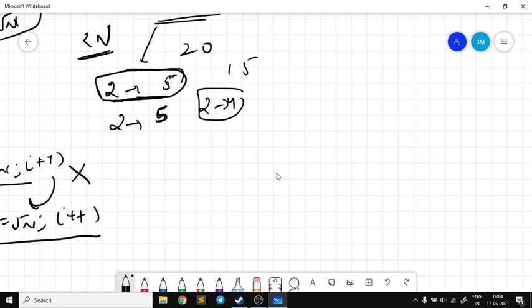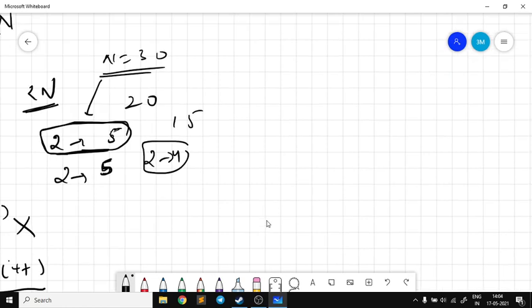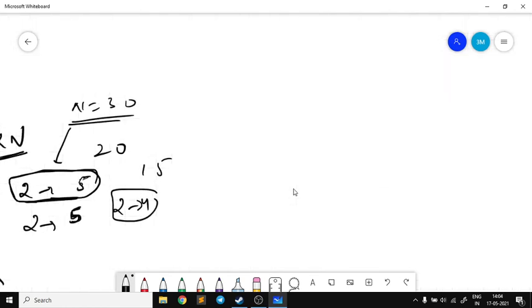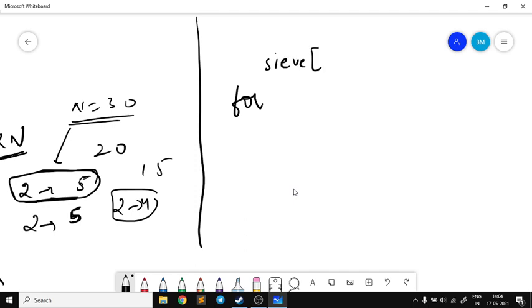Let us now see the implementation of the sieve. How will we implement this? I hope the idea is clear to you. As we said, first of all we create a sieve array of size n. One thing to note here is that we are using auxiliary space. The size of this auxiliary space will be n, because we have to check all the numbers in the range from 1 to n to see which are prime. So that's why we have to create an array.